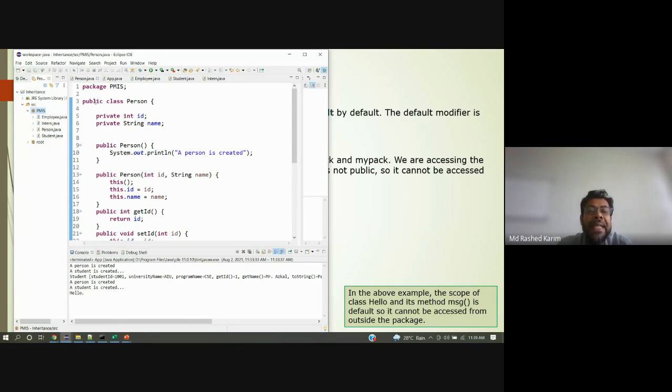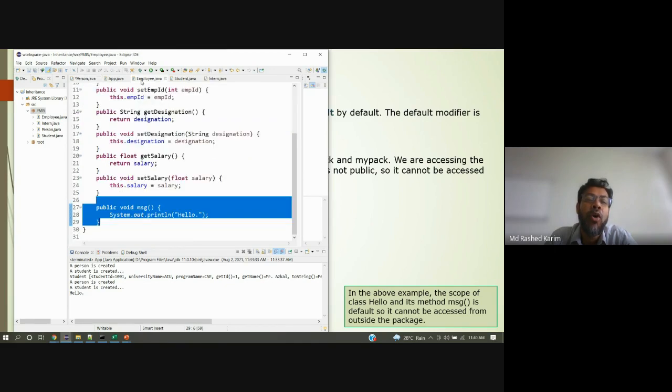So if I omit this one, if I don't put private here on ID, what will happen? It will be default. So for this ID, the person can be easily accessed from the employee or